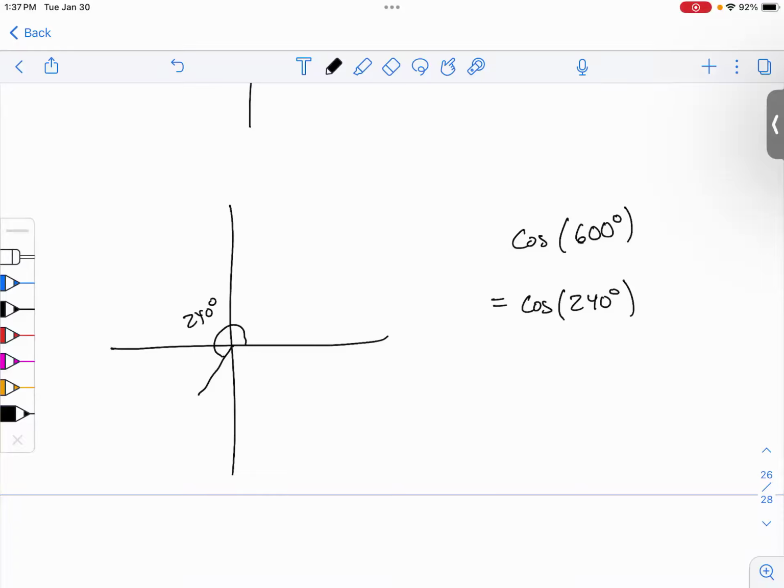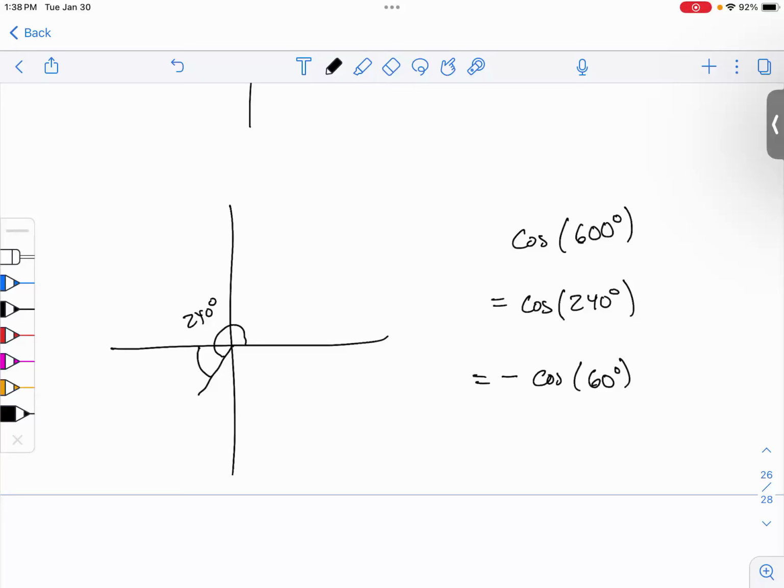So that's 240 degrees, but I want this reference angle. So what is that angle? In order to find that, I need to subtract off what number? 180. Yep, so 240 minus 180 becomes 60. And oh, look, it's another angle that we're familiar with. And in quadrant 3, is cosine positive or negative? Negative, because cosine is x, and x is negative right there,